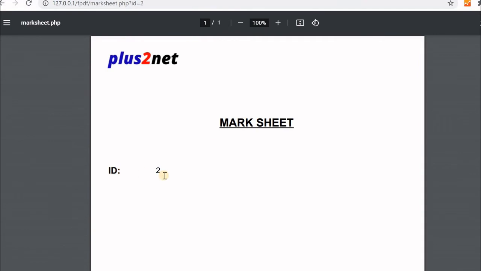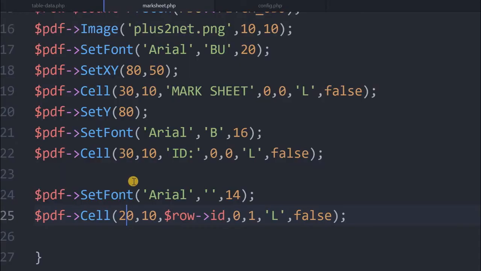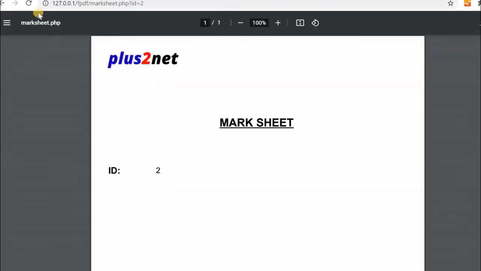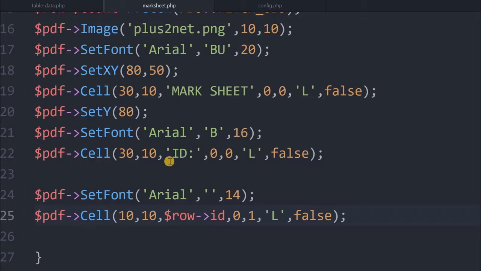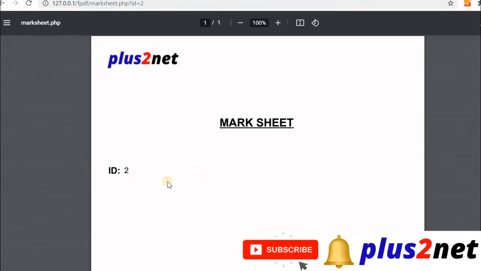Yeah, so ID here comes. If you want to bring it a little, you can left align, and the width you can reduce. So here, where is the ID here? Instead of 40, let's bring it to 20. Okay, so width, aligned is left. Now let me bring it to 10. Okay, now this ID, actually this width I should bring it down. Let's bring it to 10. That ID is pushing that one to the right side, so ID 2. If you want further, you can increase the width of the ID cell.